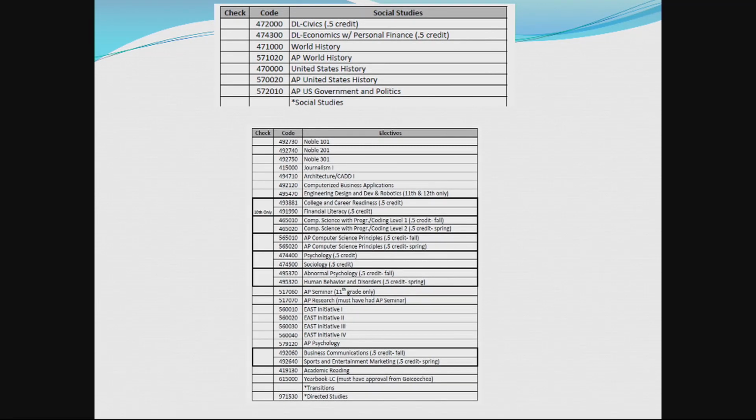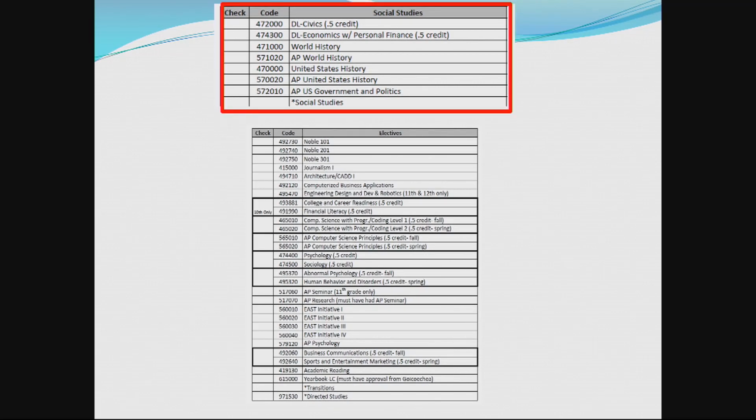Here are a couple of things to keep in mind as you review this section. Seniors who request Noble 301 will be required to have an internship. College and career focus and financial literacy will now be available only for 10th graders. Computer science counts as the fourth math, fourth science, or career focus, but not all three at the same time. Any junior who requests AP Seminar will automatically be enrolled in AP Research his or her senior year. Students completing both courses will receive the AP Capstone Certificate. Let's move on.